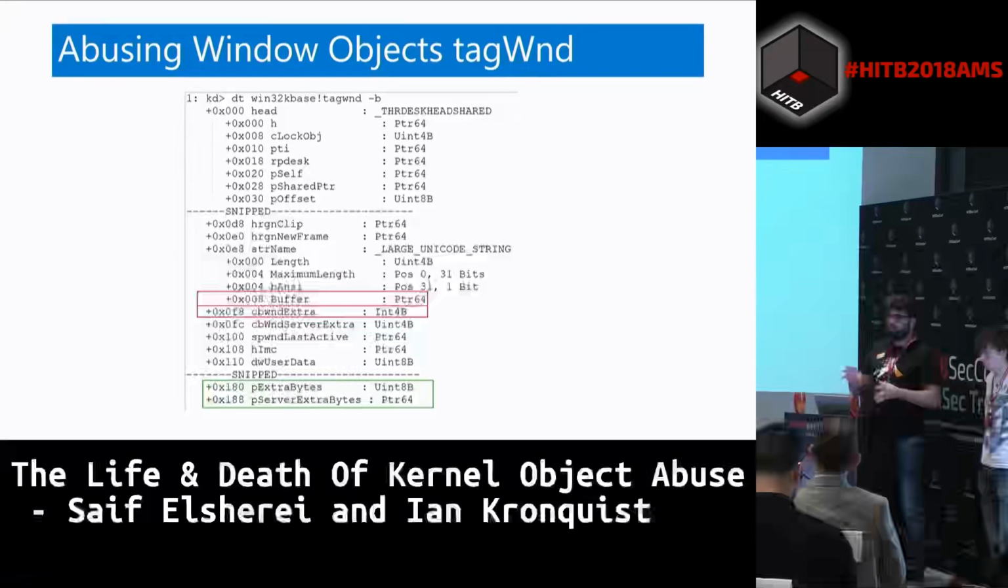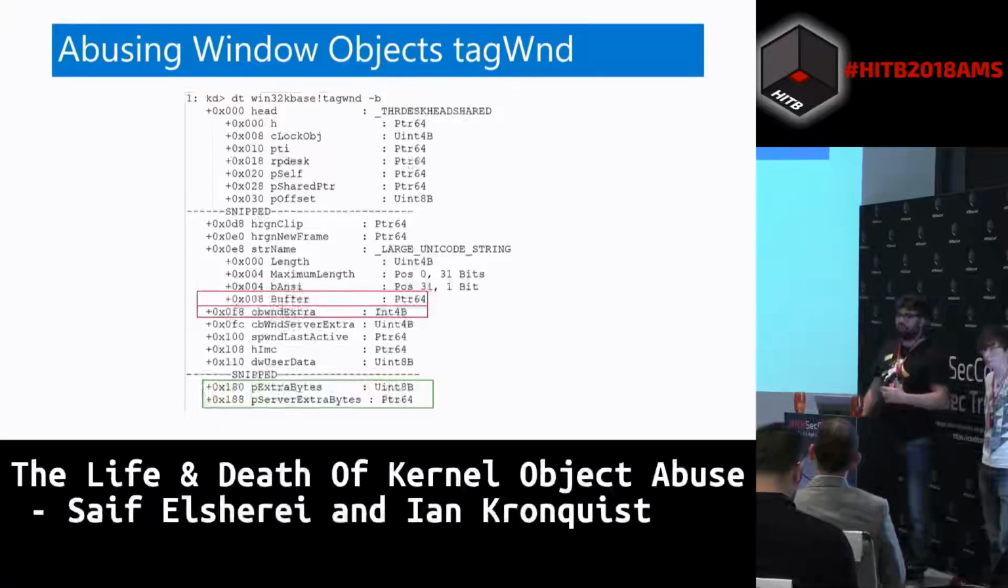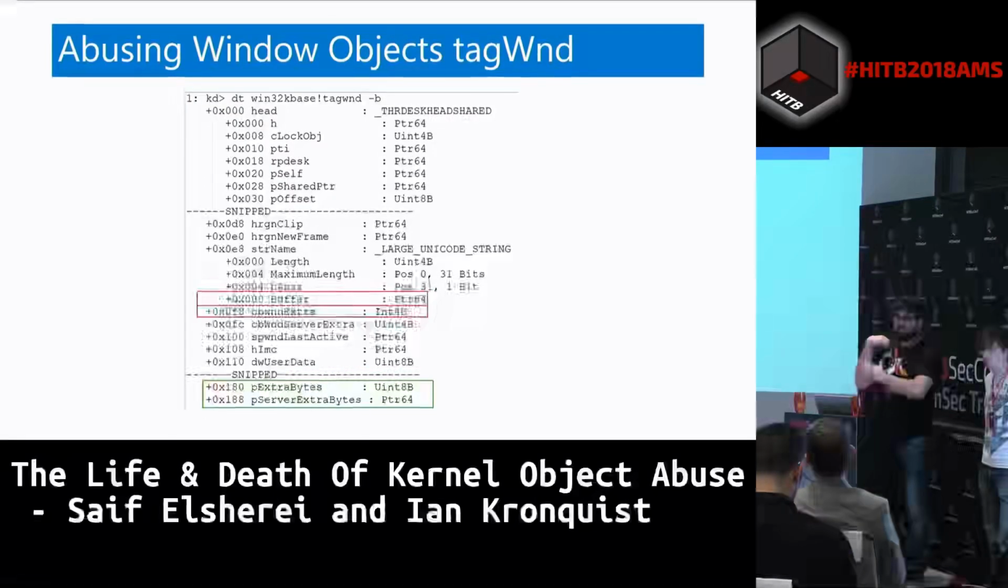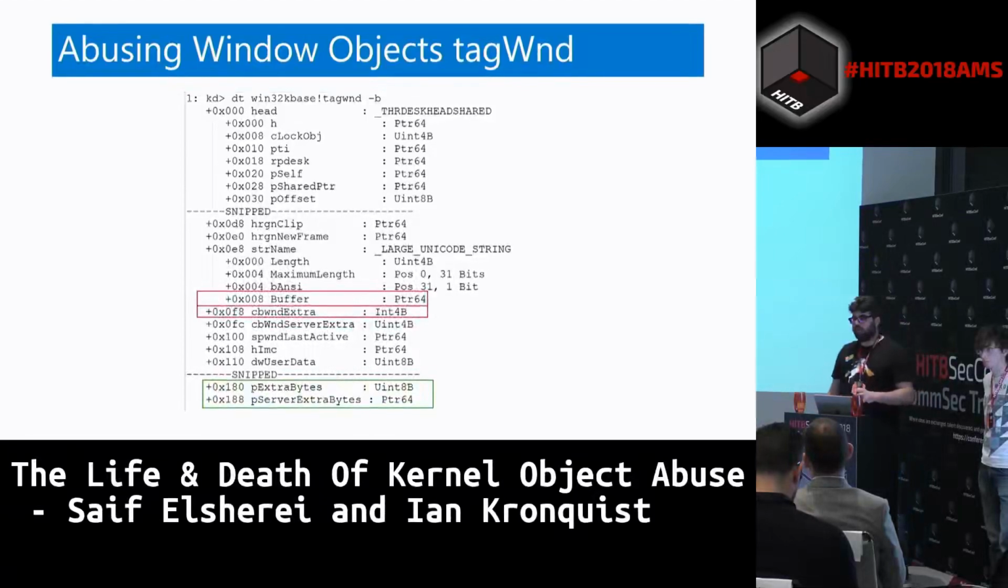If you're able to override the CB window extra or corrupt it in some way, you'll be able to read relative to the window object in memory into adjacent memory. If you're able to corrupt a buffer pointer, then you'll be able to read and write from anywhere in memory. Now, this was the case a long time ago, and this has been mitigated by Microsoft recently. There are many other ways that you can abuse the tag window object, but I just want to discuss the basics of how we can